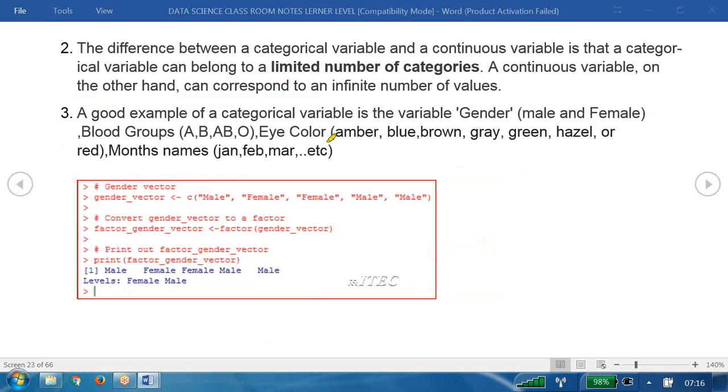What you mean by category here, let us see with examples. We have here the difference between a categorical variable and a continuous variable. So these variables are two types: one is categorical, second is continuous. A categorical variable can belong to a limited number of categories. A continuous variable, on the other hand, can correspond to an infinite number of values. N number of values you may have. For example,